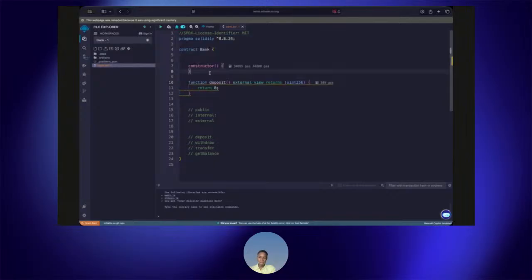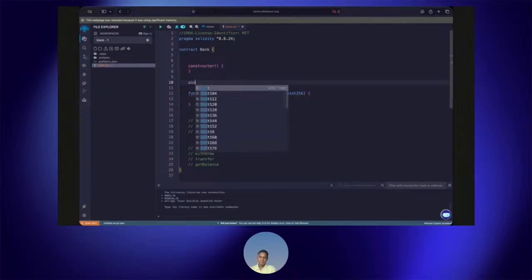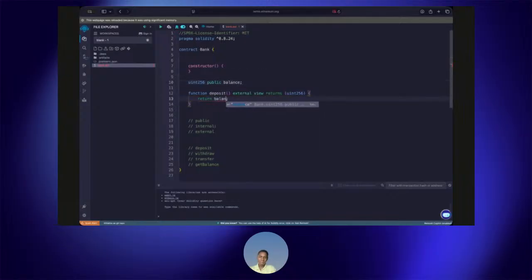So in order to store this, we can say uint256, which is a type in Ethereum, and then we can say balance. And if we return the balance, you can see this is okay now because we have the external view and we specify the returns, which is it returns a uint256. So a uint256 is just an unsigned integer of 256 bits.